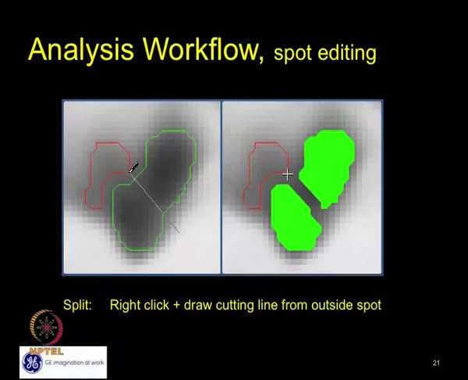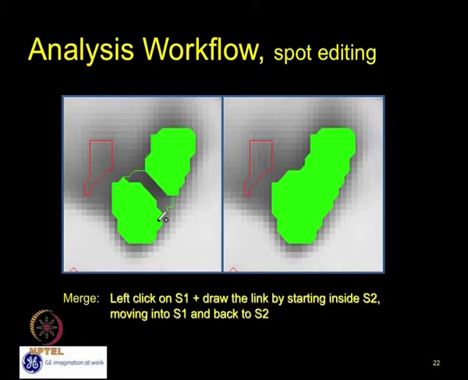Then if you would like to edit your spot, how do you edit it? First of all, this is the way we can split that particular spot. There is a tool for spot splitting. You just draw wherever you want to split, and it can be created as two spots. In this way you can easily edit your spot, and likewise if you want to merge two spots, you can draw your line from both sides so that they can be merged together. So these are manual tools which can be used for splitting or merging the spots.